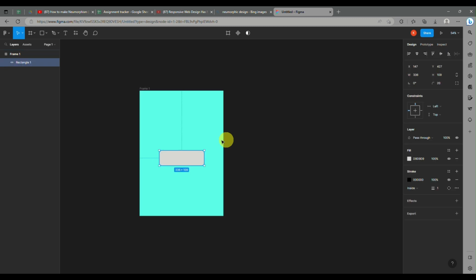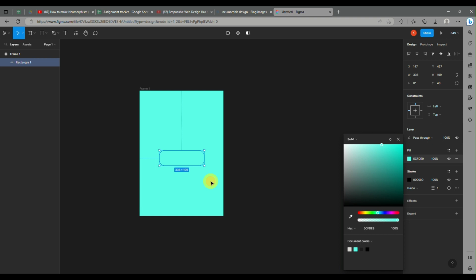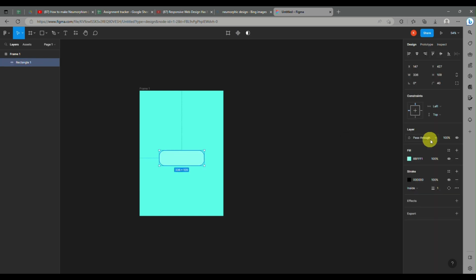Once done, we will add another rectangle, and then we will be rounding the edges of the small rectangle that we just placed. Once done, we just need to modify its color as well. And what makes this neumorphic, or by another term, a soft design,